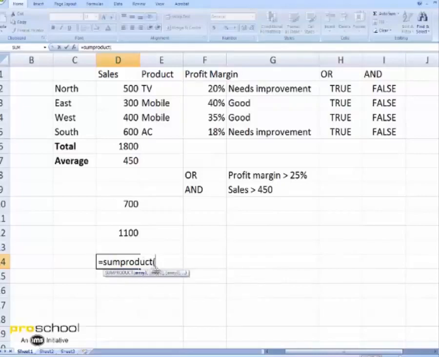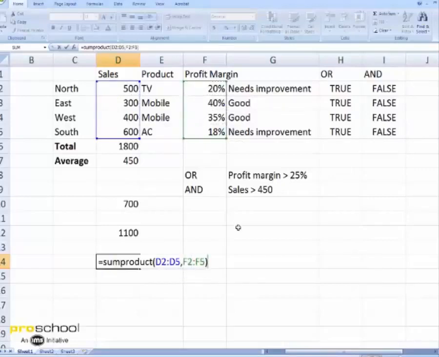It says array 1, array 2, array 3, and so on. So it can take any number of arrays. The only point is all arrays should be of the same length. So in this case, this is the first array, comma, which I forgot, and the second array.